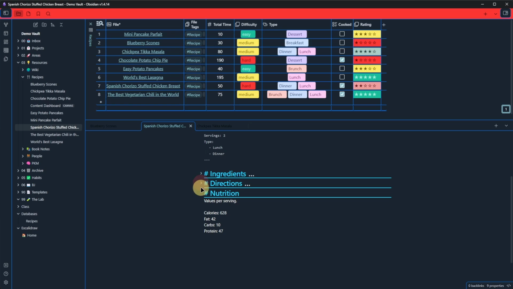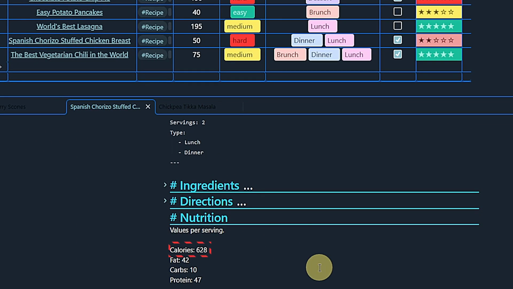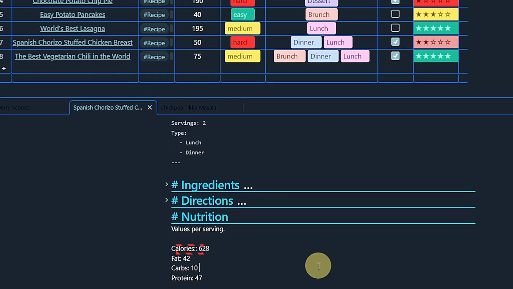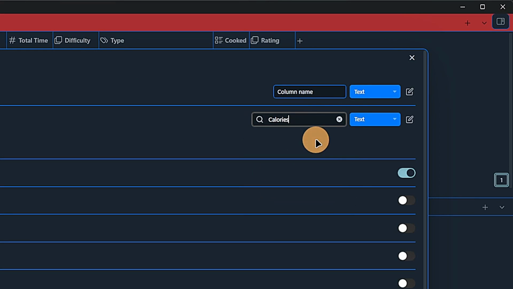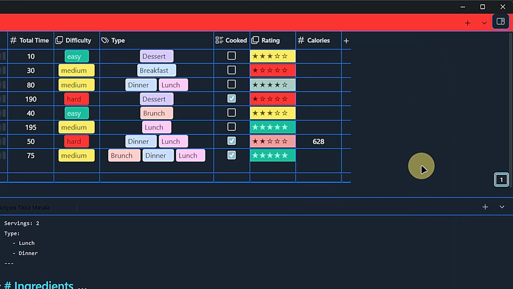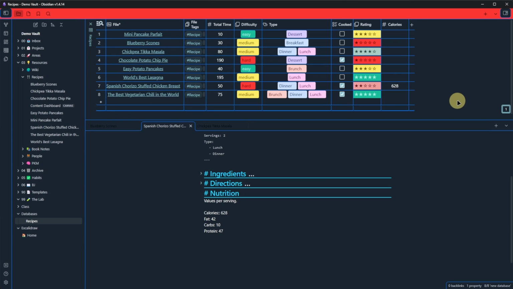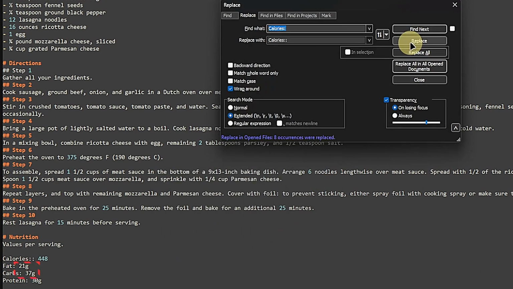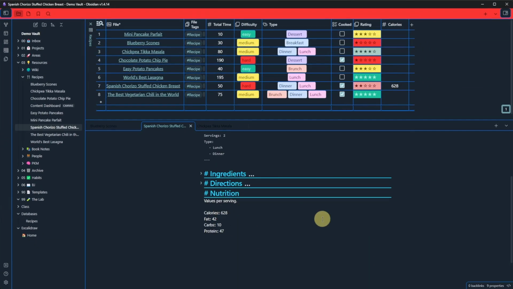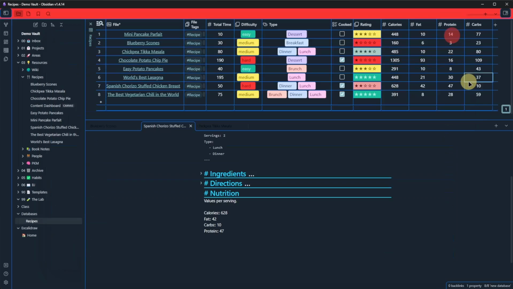If you want to use the nutrition values as columns, but still have them in your node's main body, you can simply add a second colon, close and reopen the database, click on the plus symbol for add new column, and add them as before. To do this for all your recipes, you can update the nodes manually or add the values directly in the database. Or, if you have a lot of recipes, use a text editor like Notepad++ to open them all, search for the respective terms, and replace them with the same value plus an additional colon. Save them and reopen the database.